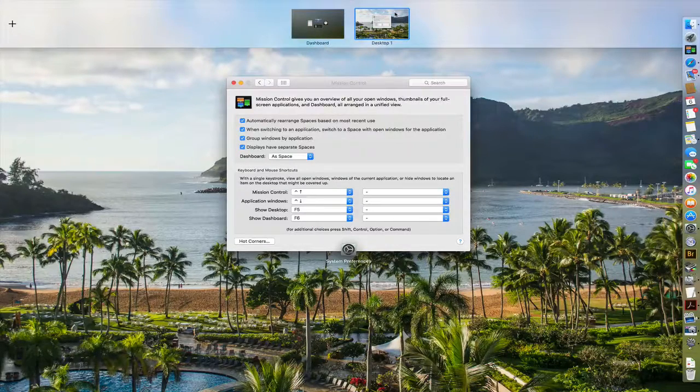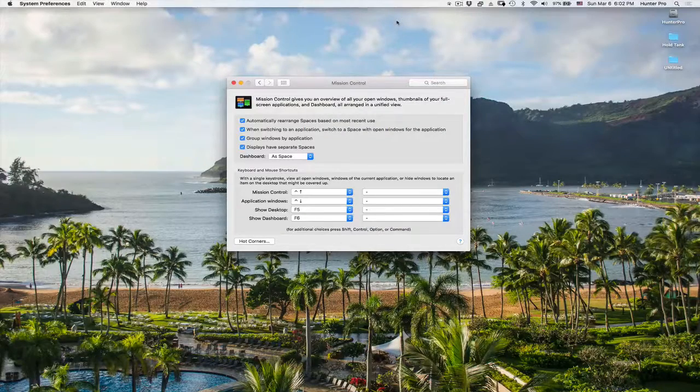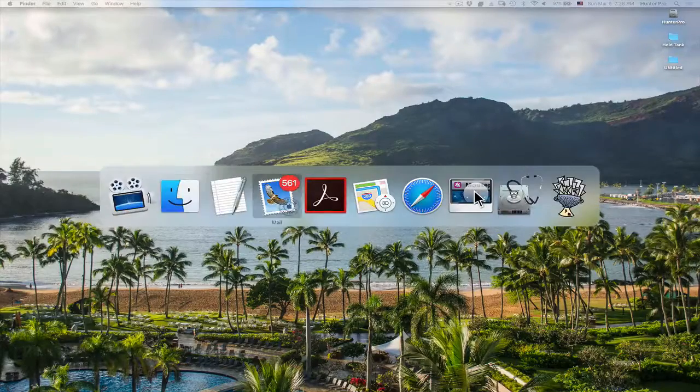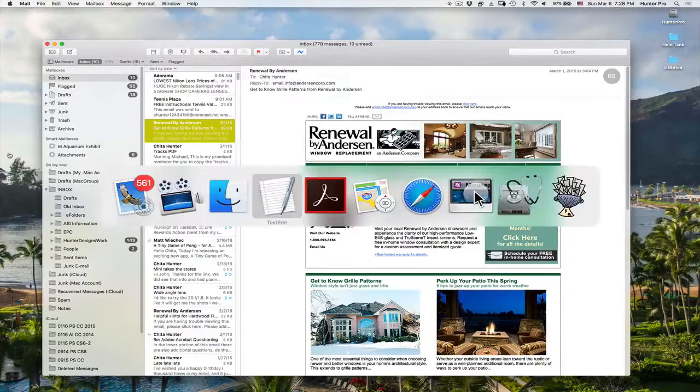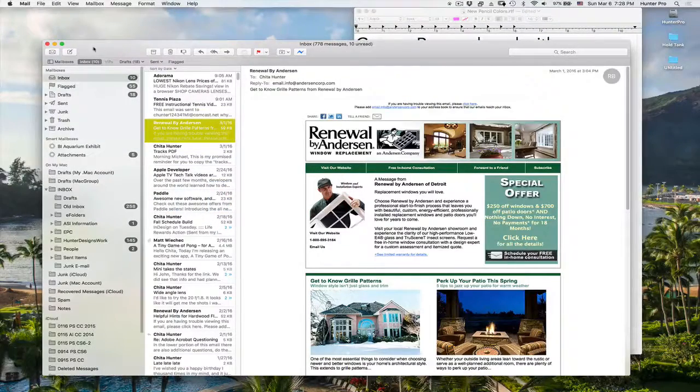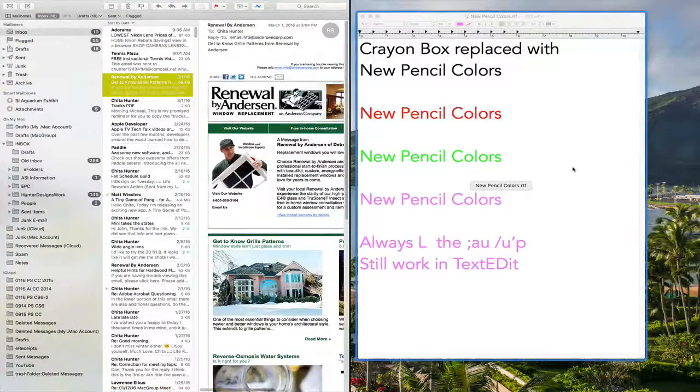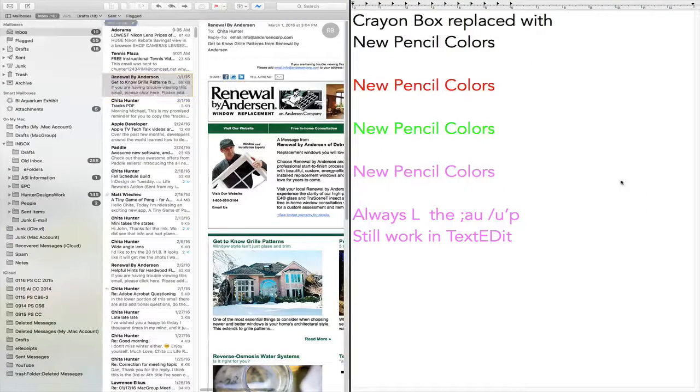Alright, so I'm back to the very first desktop I created. I'm going to click on that, and it opens up and takes me back to this desktop. So let's dismiss the preferences window, and now let's step back into Mail. So let's go to Mail, and let's also open up TextEdit. And I'm going to put both of these back into full screen view. So let's go to the green button in the upper left corner, and I'm going to set this window for the left side and click on TextEdit to go on to the right side. I want to get out of full screen view in both of these apps at the same time. So to do that,